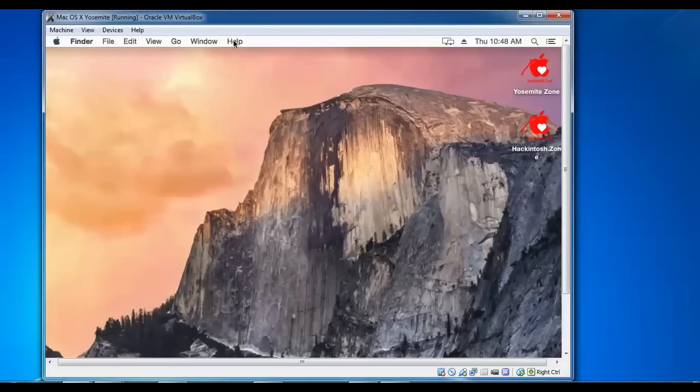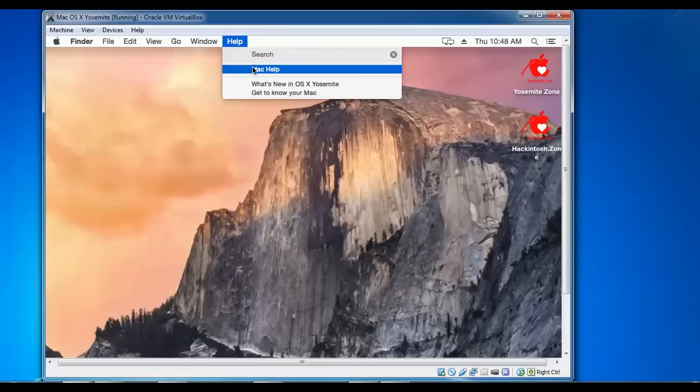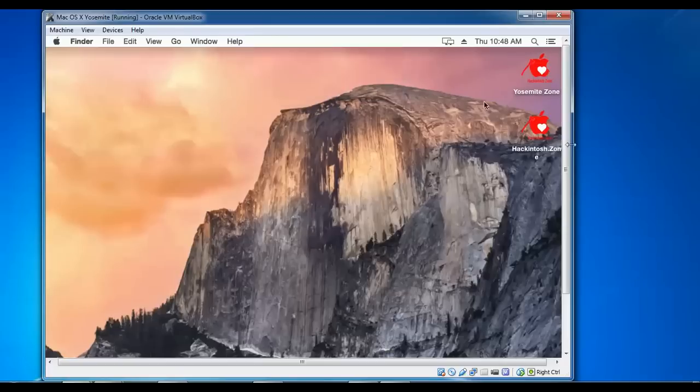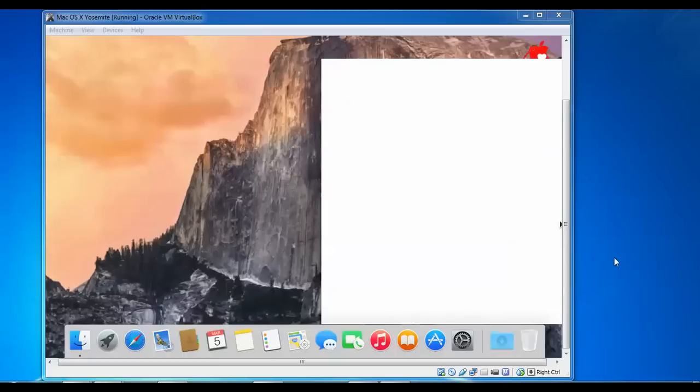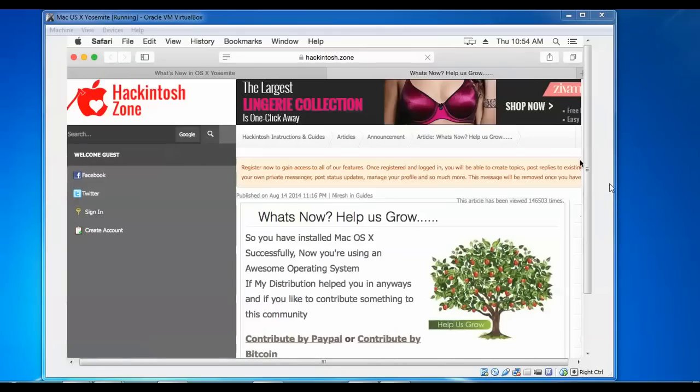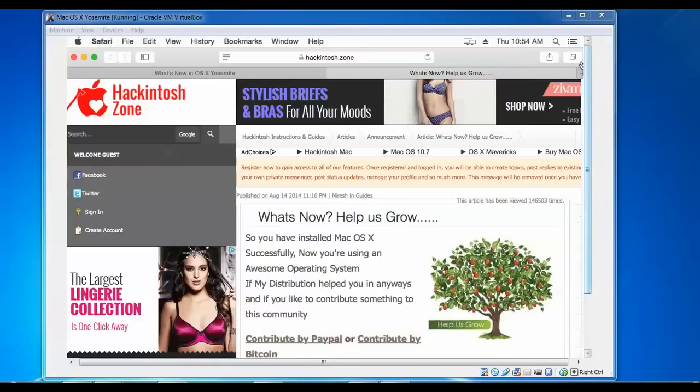Go to the help, click on help, and then get Mac help. Here you can see the settings, phone memory, everything is there. We'll check the latest. So my friend, internet is also working in that Hackintosh.